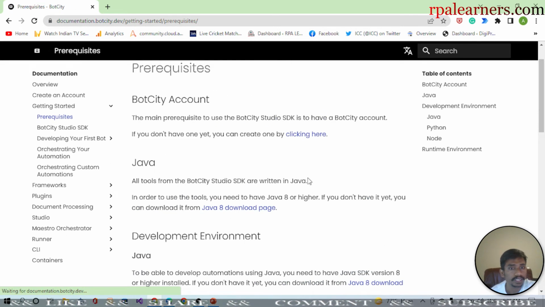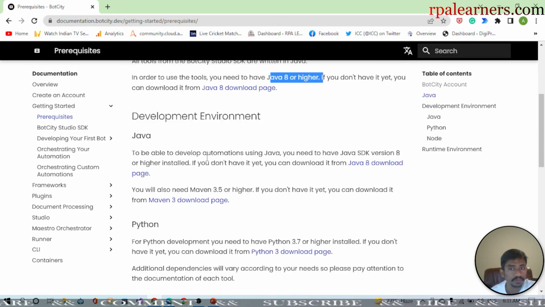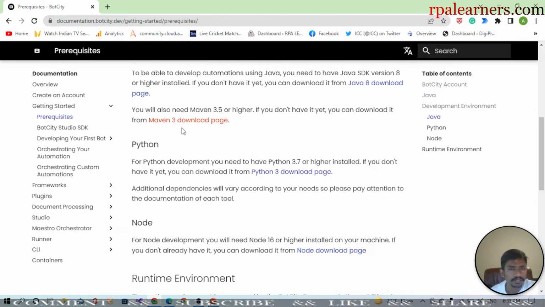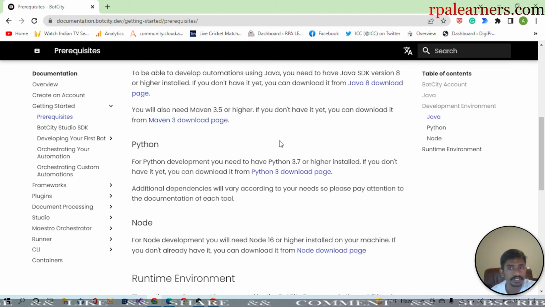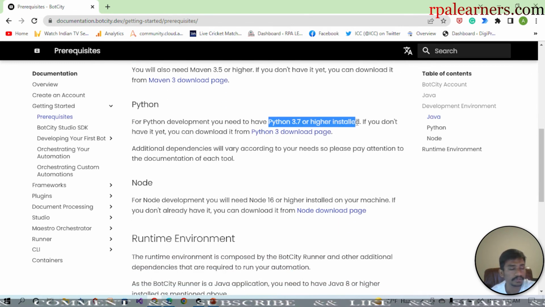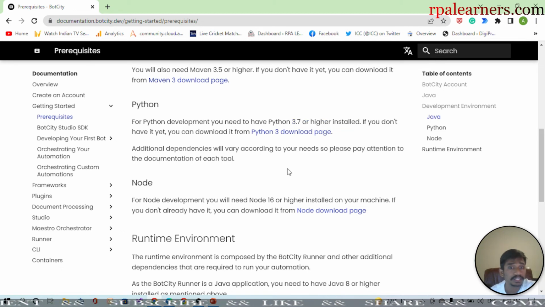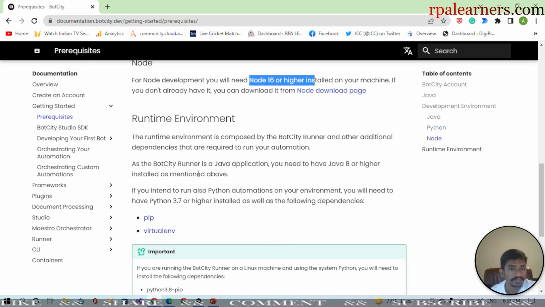if you want to run it in Java, you need to have Java 8 or higher installed, and you also need Maven 3.5 or higher. If you don't have it, you can download it from this page. And the Java SDK version 8 or higher needs to be installed. If you want to run it using Python, you need to have Python 3.7 or higher installed, and you can download it from here. If you are using Node, you need to have Node 16 or higher installed. And for the runtime environment, you need to have pip and a virtual environment